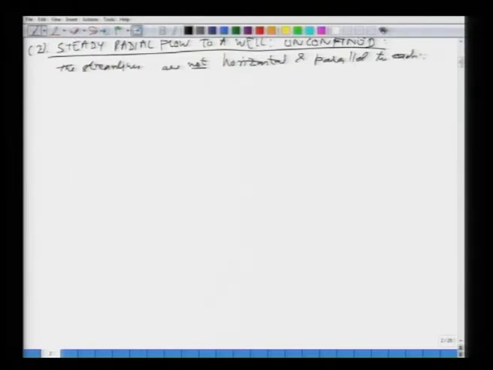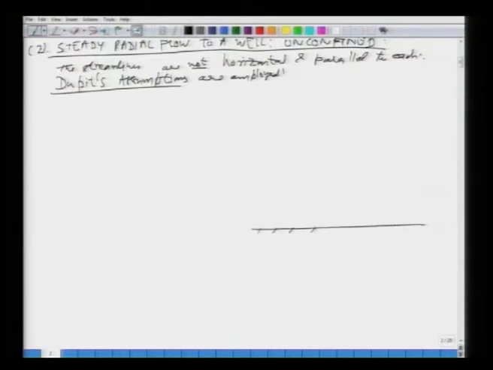So, what we do is we simplify our analysis and we say that we are going to use the Dupuit's assumptions. For the case of well hydraulics also, we will use these Dupuit's assumptions. So, the solution which we are going to get will be under these assumptions. So, let us look at the schematic diagram of what is actually happening.